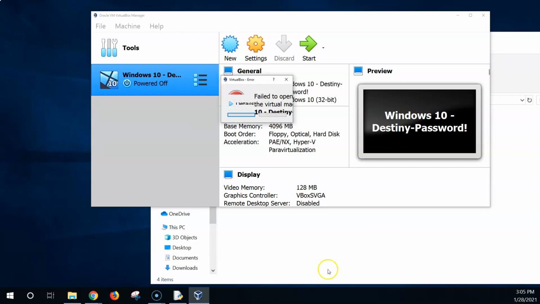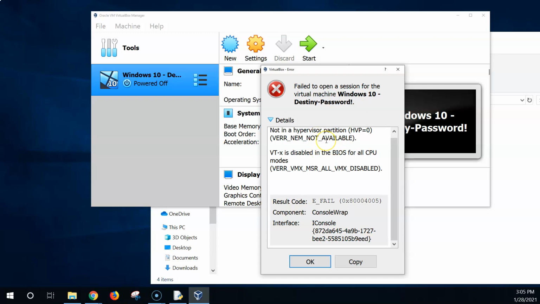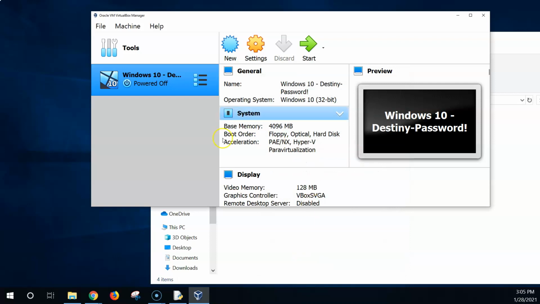Well, the first thing that's going to pop up, it says, oh, I'm going to have some kind of an error. And so in this case, I don't know if I can stretch it out here, failed to open a session. And what it really means is that VTX is disabled in the BIOS. So I've got to go in on this computer, restart it, change a setting in the BIOS, or the very first thing when that computer comes on and it's got the black and white text and it says to get into setup, hit here. So I've got to do that before I can do anything else. So I'm kind of stuck right now. So I am going to stop my recording and save it before I do